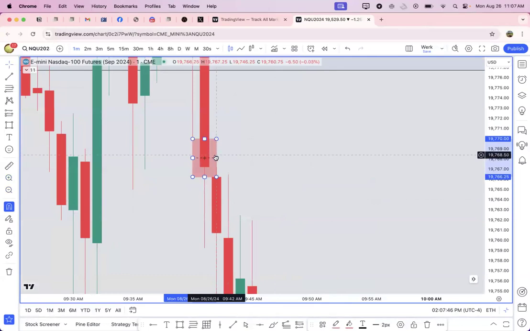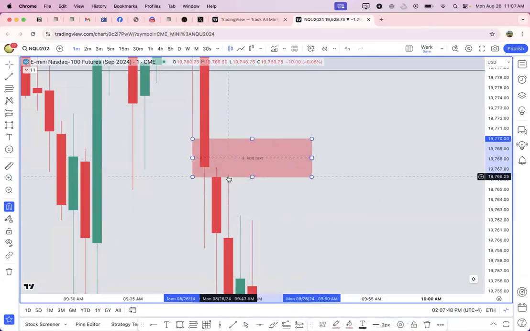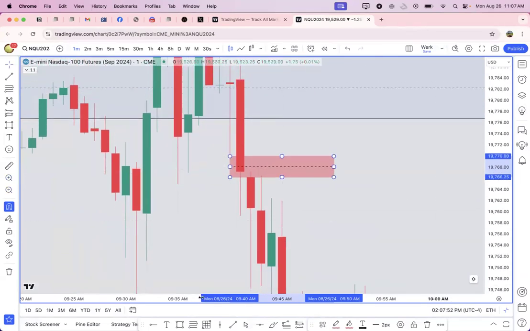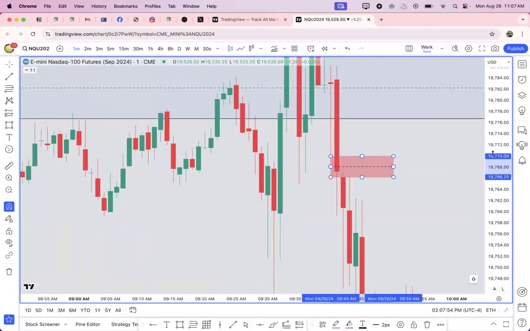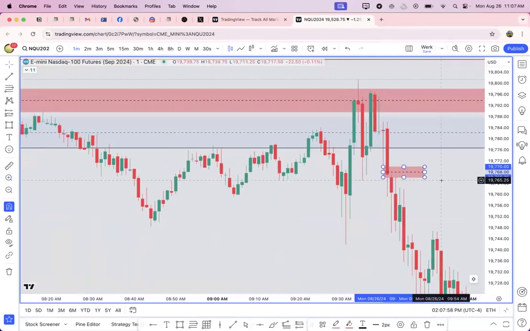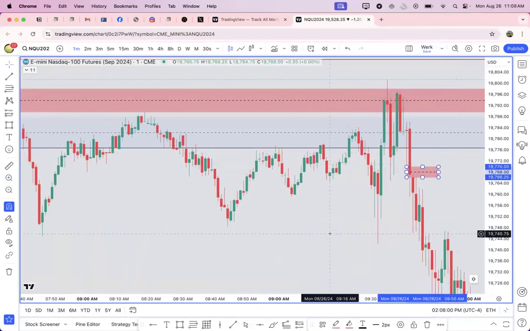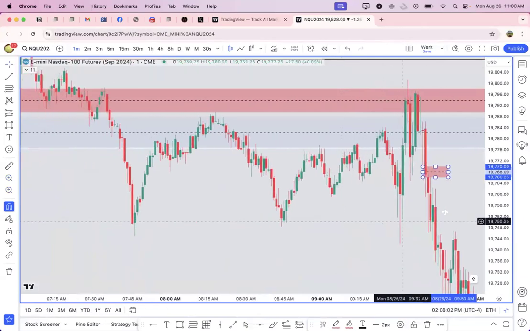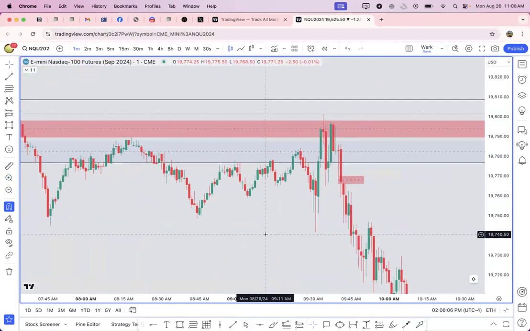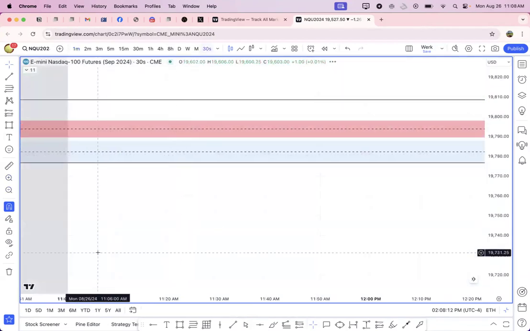So, should I do that? There's the entry there for the 2022 YouTube model. Now that is definitely not as close to that hourly fair value gap that I would like to be. But the nice thing is that we had accumulation, 930 manipulation, and now we're going into distribution. So it works. It works.